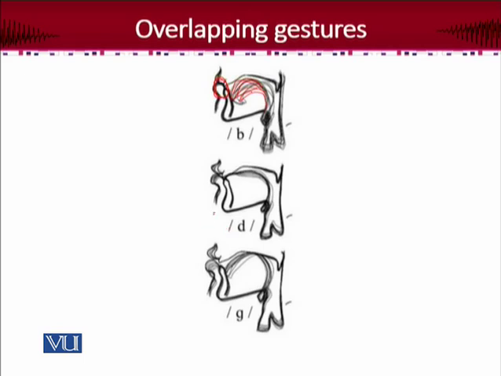And then also in the case of d, when the alveolar ridge is the target, right? So it is touching the target, but there is some overlapping found at the center of the tongue, and then also at the dorsal level of the tongue. So that overlapping is also an important point. And then also in the case of g, which is a velar sound, right? So the tongue, while achieving g, that g is influenced by the adjacent vowels, and that overlapping is taking place. So the analysis of this overlapping is quite an important phenomenon in phonetics and phonology.